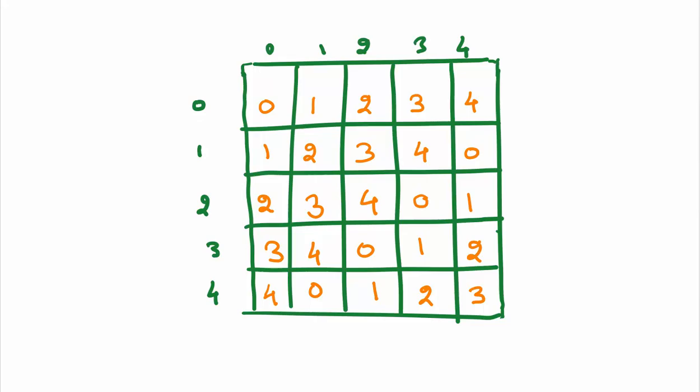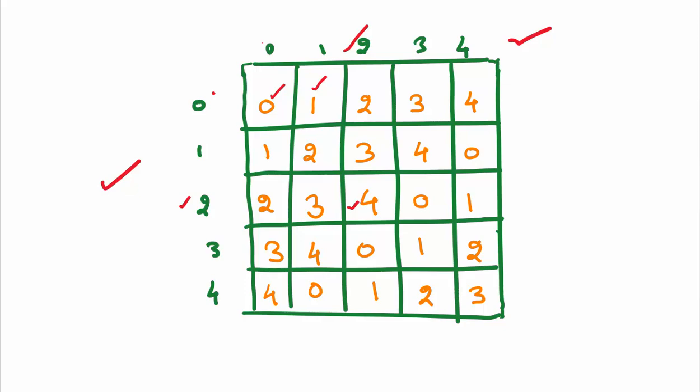follows. So we write 0, 1, 2, 3, 4 on the left hand side, and on the top write 0, 1, 2, 3, 4. Now you're adding 0 plus 0 will give me 0, 0 plus 1 gives us 1. In the same way, 2 plus 2 gives us 4. So you have found the table here.